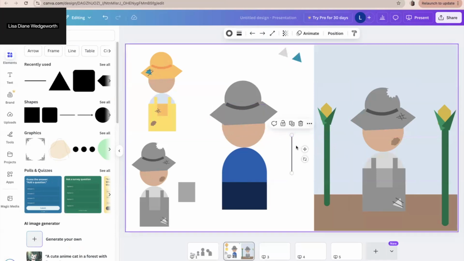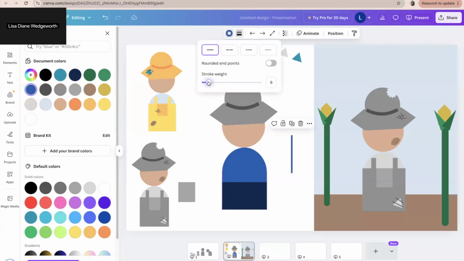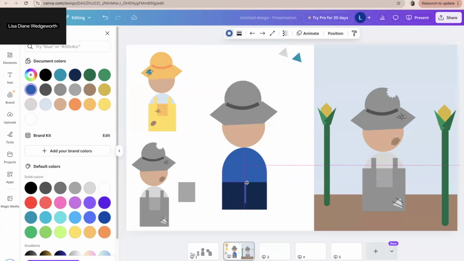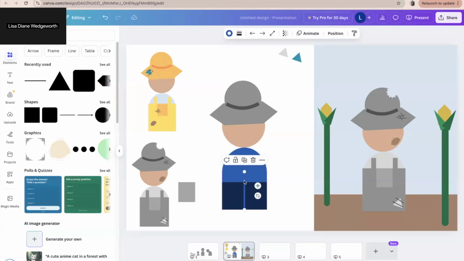And then we'll make this the blue that we have before. Oops. And we'll make it a little wider. And we're going to give him